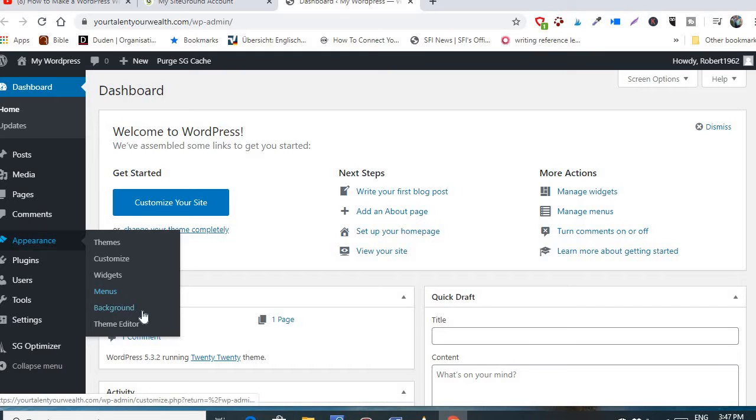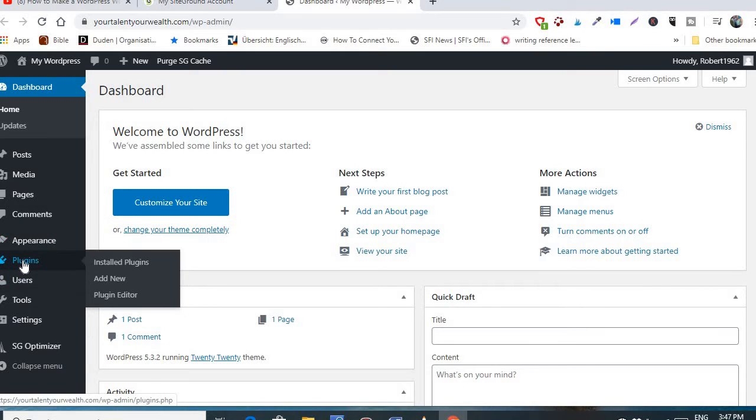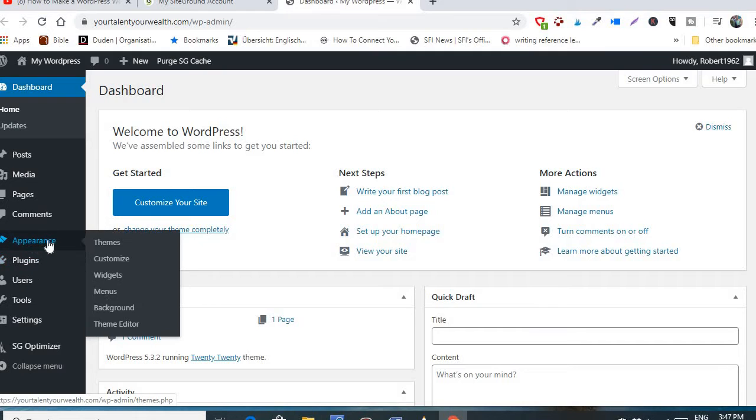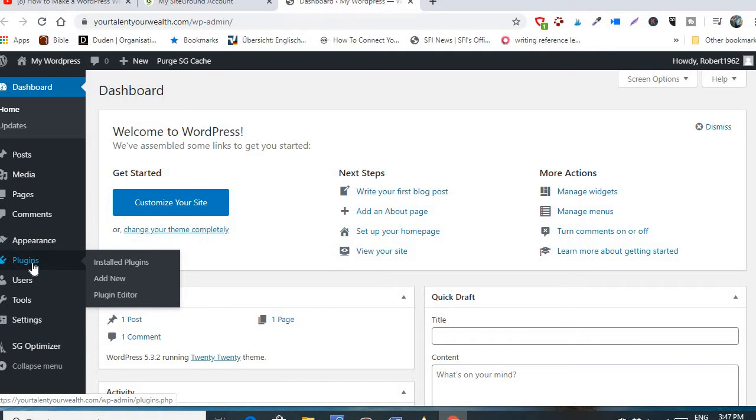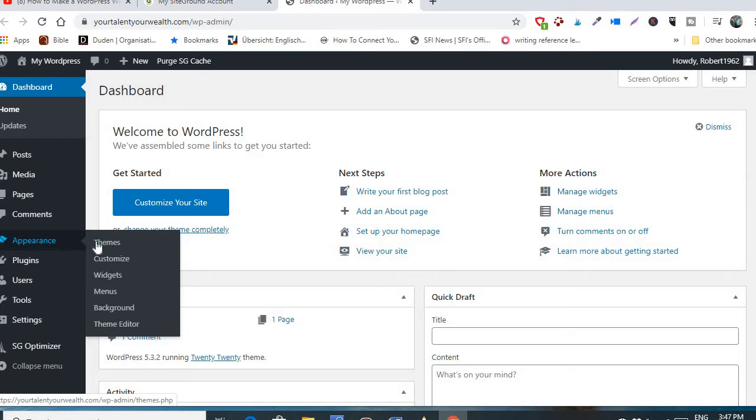Menu that you do that, background of your theme editor, plugins. Now, when I first started, I was really confused. What is the difference between themes and plugins? The simplest way I can explain this is that themes has to do with